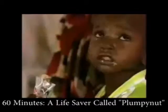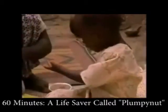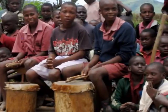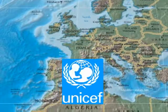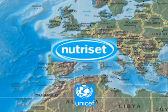It is still believed, however, that only 10 to 15% of those who need it actually get PlumpyNut. Death among malnourished children went from 35% to a mere 5% thanks to PlumpyNut. UNICEF pays $60 to purchase and ship a box of 150 packets from the main producer and patent holder of